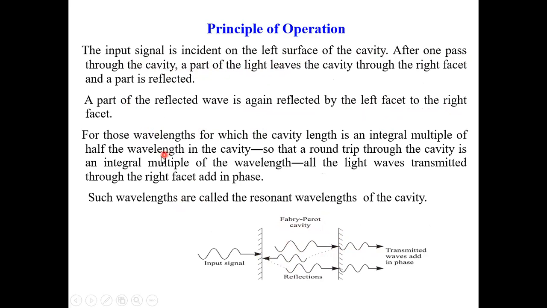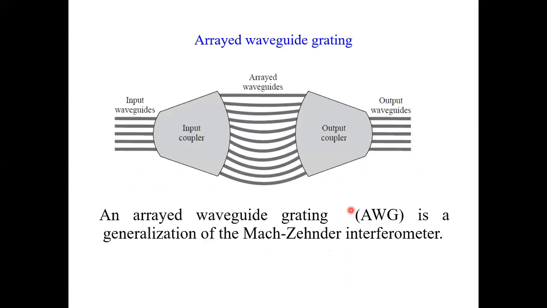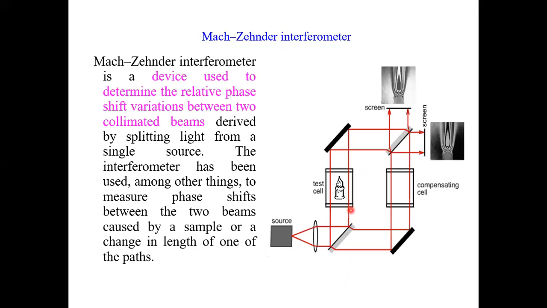For those wavelengths for which the cavity length is an integral multiple of half the wavelength in the cavity, this sentence is important, a round trip through the cavity is an integral multiple of wavelength. All the light waves transmitted through the right facet add in phase. Such wavelengths are called the resonant wavelengths of the cavity, and we get the maximum output at the resonant wavelength. So I'll just show you one video